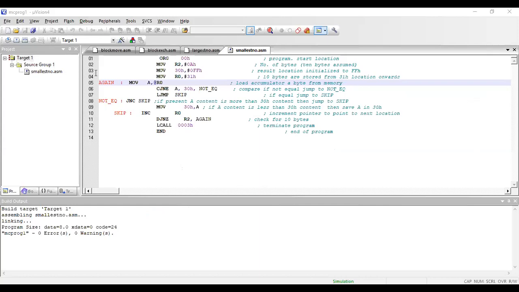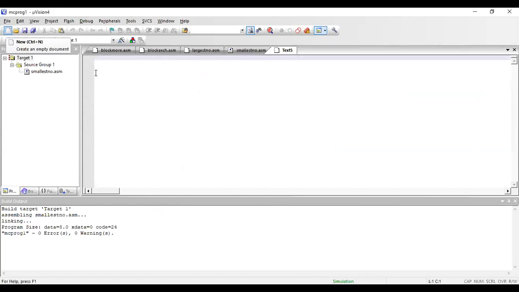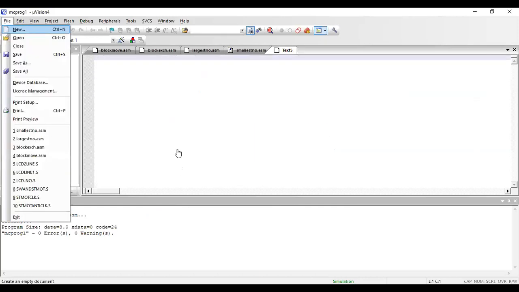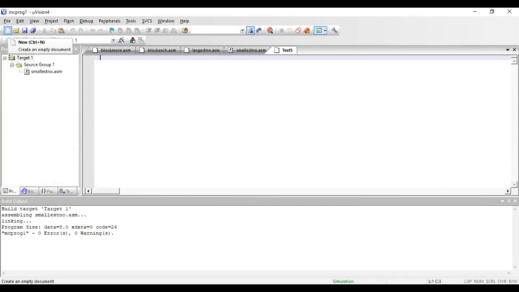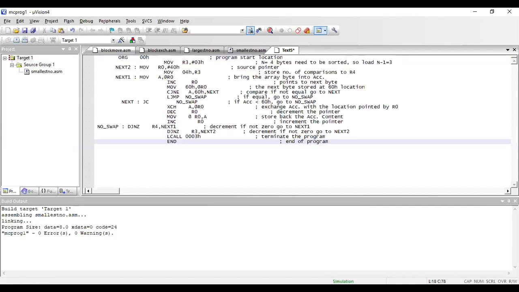To enter into a new editor window, you can do File and New, that's one method, or you can use this New button. Then type in your program. This is my program to find the sorting of an array, and I'm doing an ascending order sort.